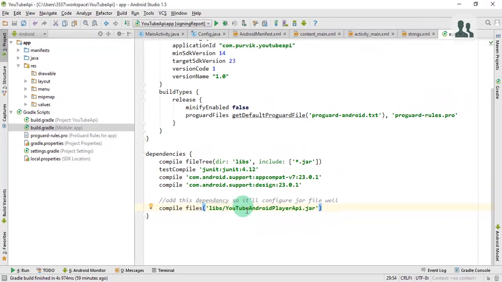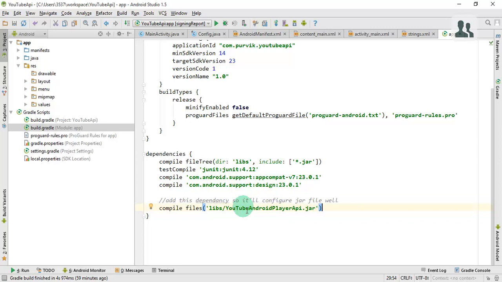Now next, you have to get the API key from the console that will enable the YouTube data integration in your Android application. So go inside console.google.com, go inside over here console.developers.google.com. Inside that, you have to sign in with your account. Then go to the API manager, where you will get a number of APIs there.